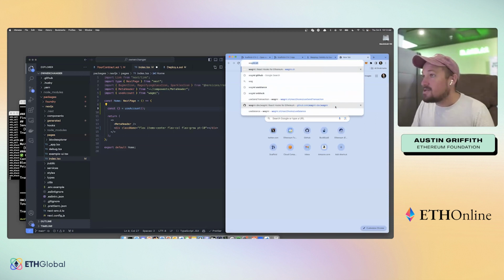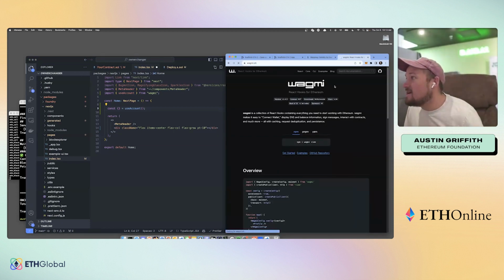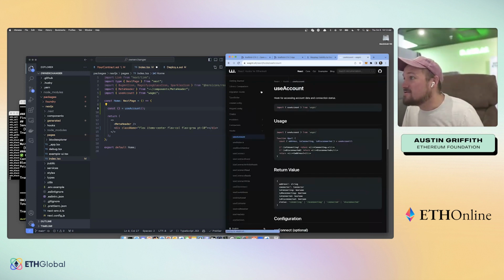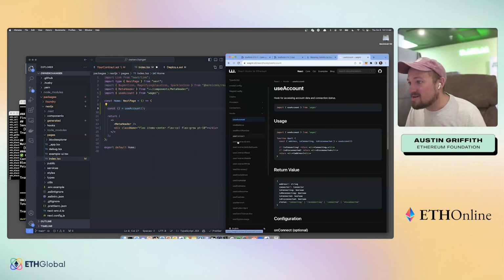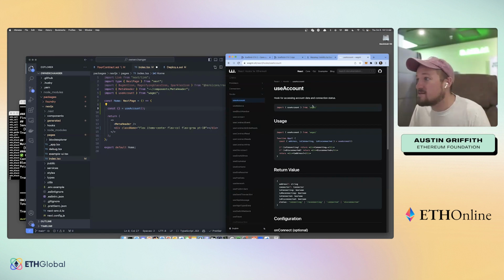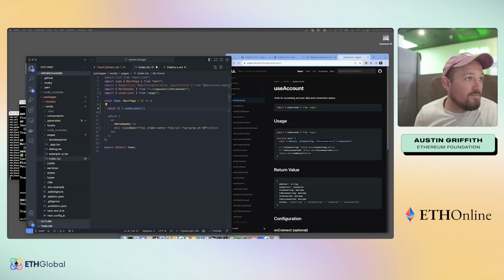But if you ever want to just check the docs, we'll go to wagmi.sh and we'll look up useAccount or something like that. You're looking through all the hooks. Look at these awesome hooks you can use. All sorts of really cool hooks come out of the box with WAGMI, and you can hit those docs and grab that. But basically, I want this right here, useAccount. I could bring in these other variables of isConnected or isNotConnected or whatever, but